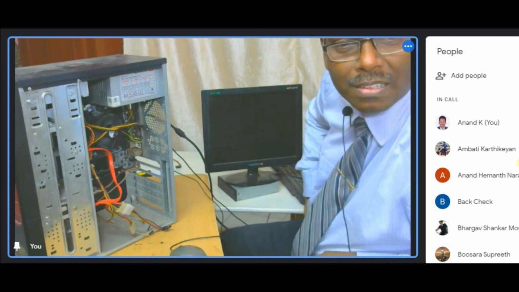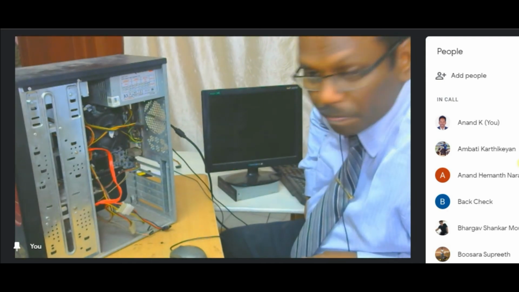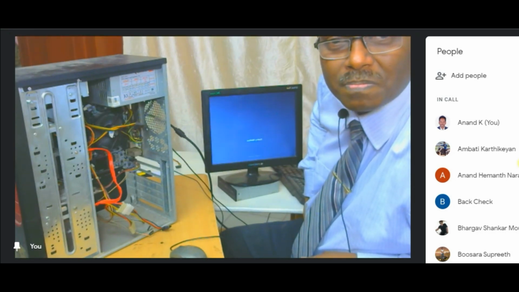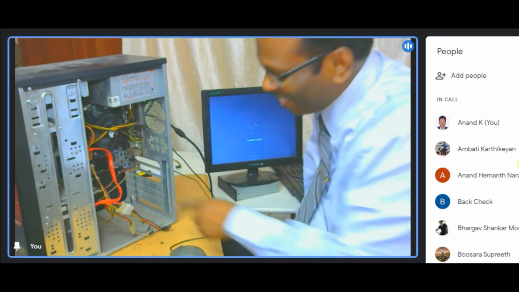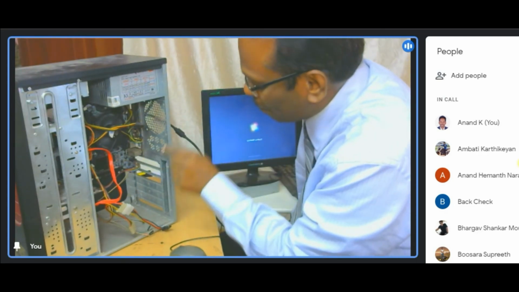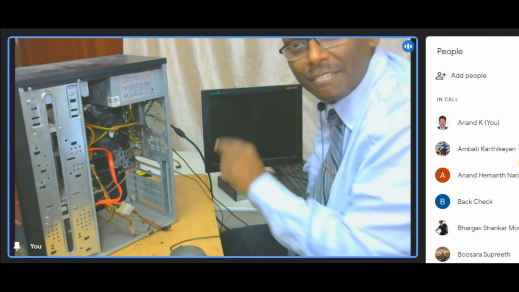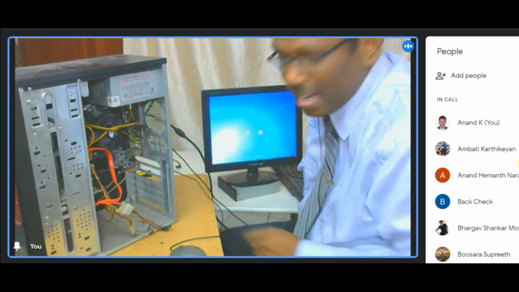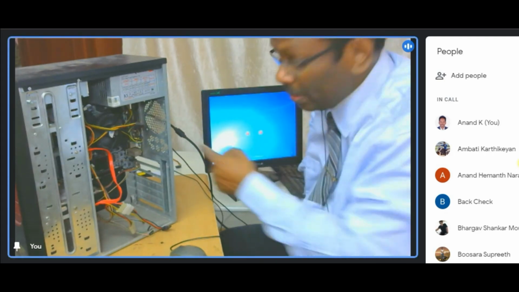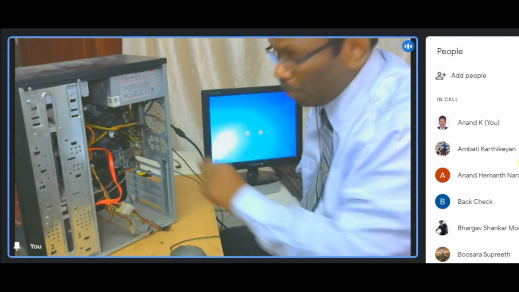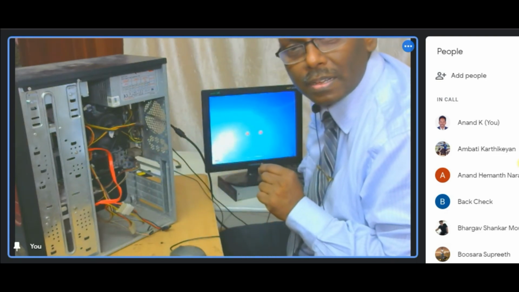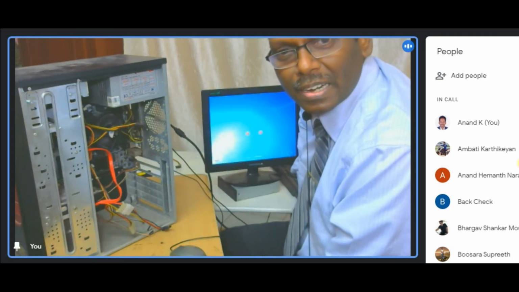Did you see? Sir, those connectors in any of the sockets we can insert, sir? No. For everything there is a place to connect. Reset is there, power is there, LEDs are there, everything is there. We cannot connect just anywhere. You have to learn properly, then only we can connect. I'm only demonstrating how there is a connection which is required. Okay, so in that way we can connect.